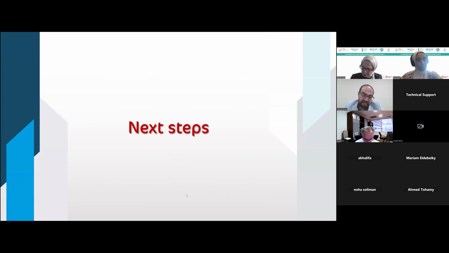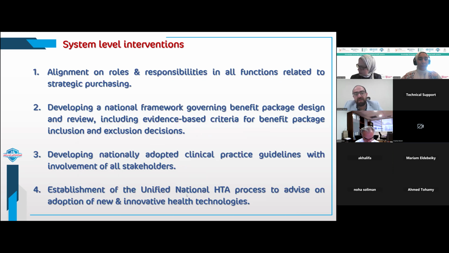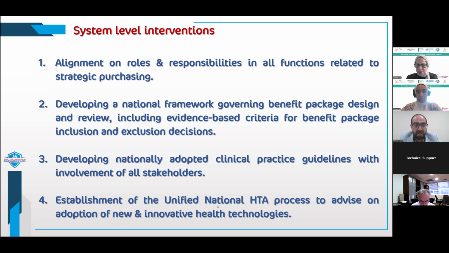As for the next steps, we split them into two, actually a group of system-level interventions that require collaboration and joint work between the different government stakeholders. These include, of course, working on aligning the roles and the responsibilities and the functions and the segregation of functions between different government entities. Developing a national framework to govern the benefit package design and review, including, of course, the